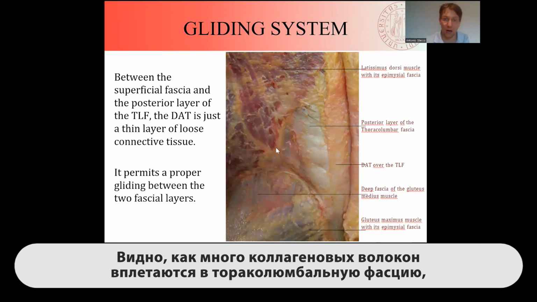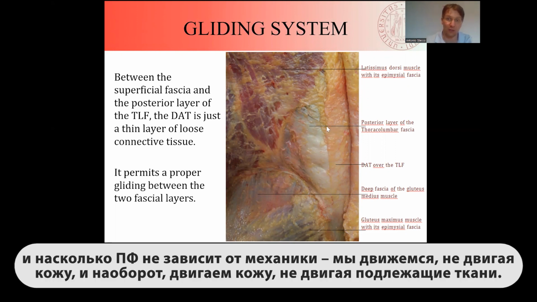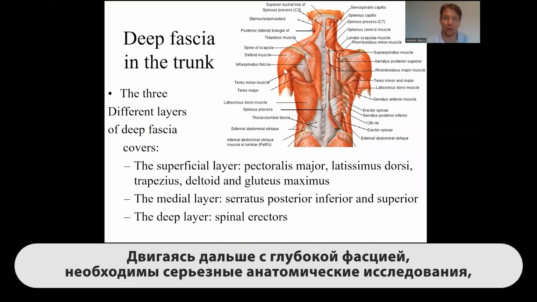So you can see how many collagen fibers are merged in the thoracolumbar fascia, and how the superficial fascia is quite independent from the mechanics of our body. In fact, we move without moving the skin, or vice versa. We move the skin, but the underlying structure doesn't move. So, moving on with the deep fascia of the trunk,